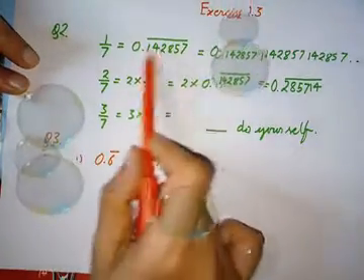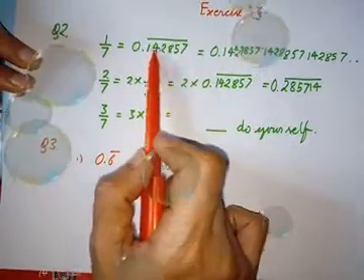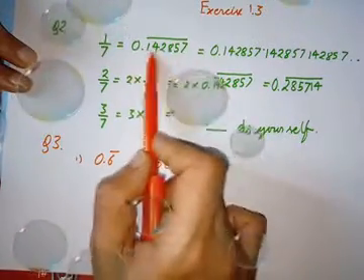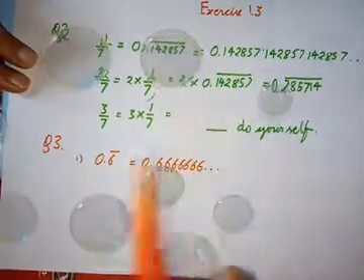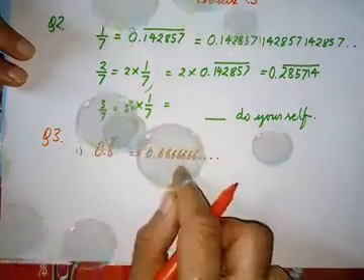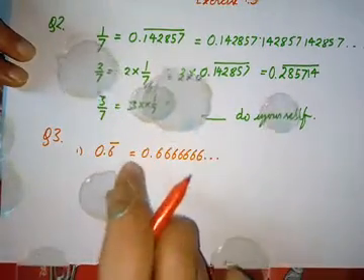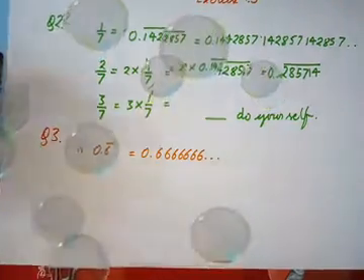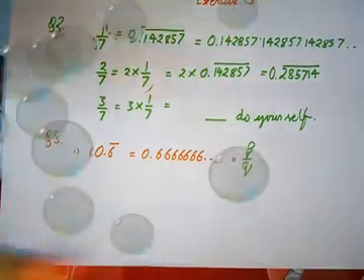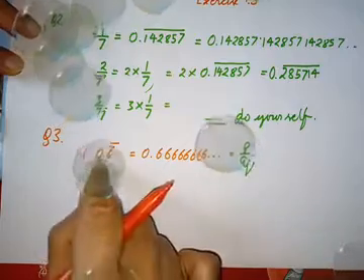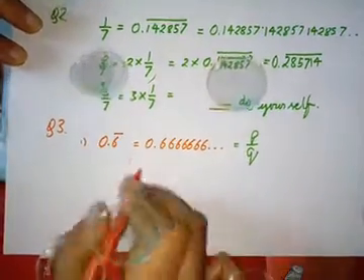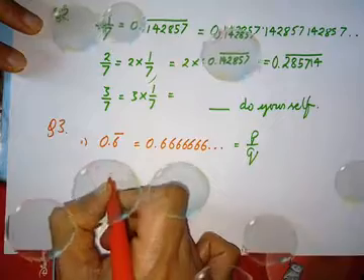Same is the case where the bar was on 142,857. It means these 6 digits are repeated. Now we have to solve it, because it's non-terminating but repeating, it means it's a rational number. So if it is a rational number, it can be represented in the form P upon Q. Now how will we do it? We will consider, let that rational number be x.